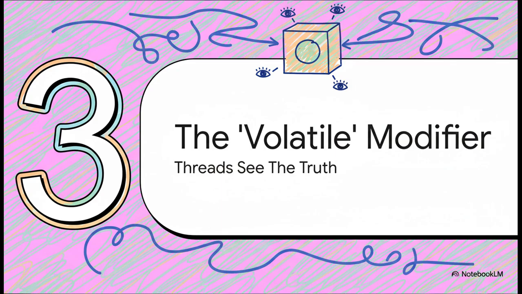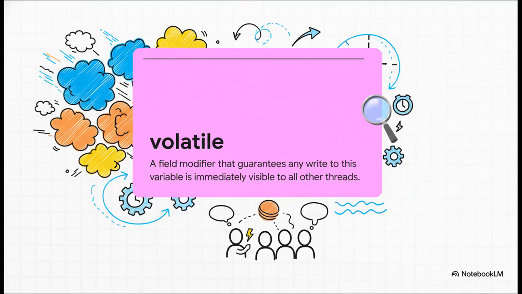All right, let's switch gears. We're moving on to our second keyword, which solves a completely different kind of problem. Now we're entering the wild world of multi-threading with the volatile modifier. Volatile is all about one thing: visibility. See, in multi-threaded apps, to make things faster, each thread might keep its own private, cached copy of a variable. The problem is that copy can get out of date. Volatile basically says, nope, we're not doing that. It forces all reads and writes to go directly to main memory,